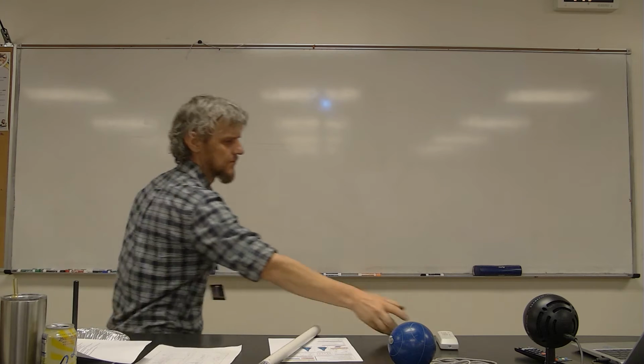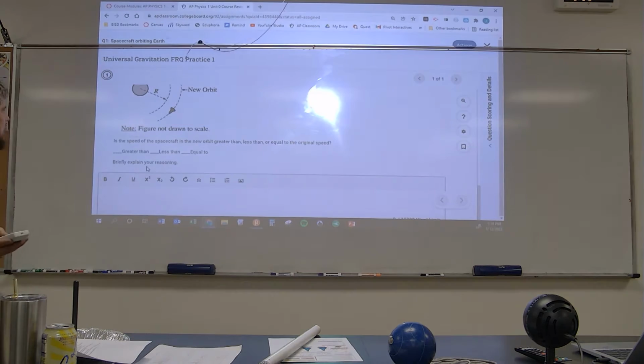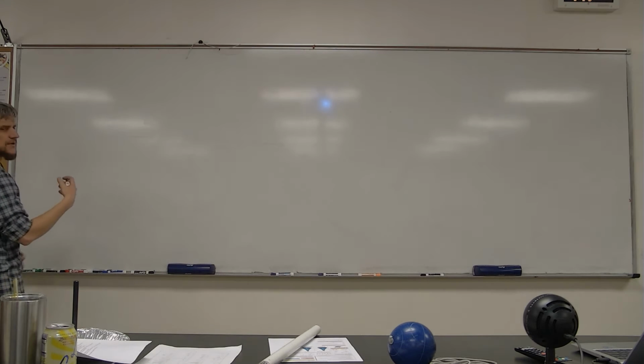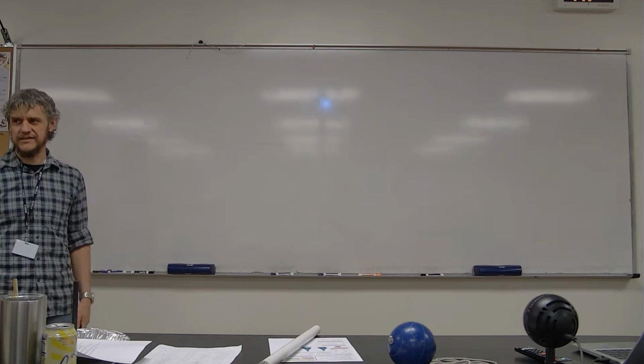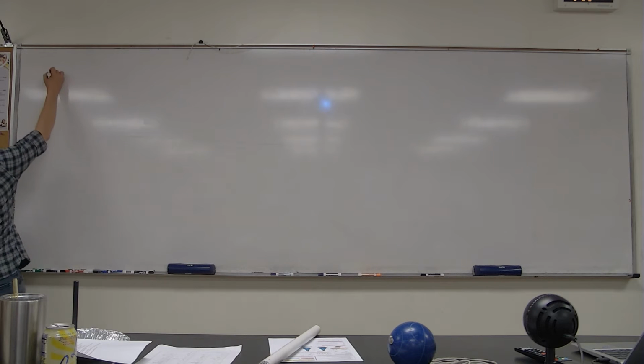Let me be specific here. Go to new orbital distance. So we want to relate the speed, because we're asked is it going faster or slower when we're at our new orbital distance. Well, we can do what we've already done a few times and use the two equations that we now have